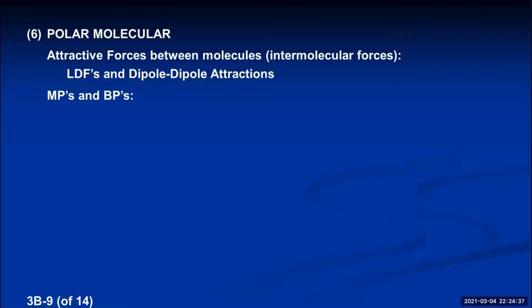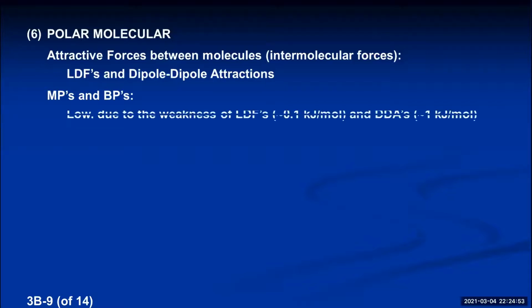Now, London dispersion forces are really, really weak, and dipole-dipole attractions are weak as well. So that means polar molecules are only attracted by weak forces. Therefore, it should be really easy to melt and boil them. You only need a little bit of energy. So that means their melting points and boiling points would be expected to be low. Once again, it's because the London dispersion forces are really weak, about 0.1 kilojoules per mole. And the dipole-dipole attractions are actually weak as well, but they're a little stronger than LDFs. They're about 1 kilojoule per mole. That's still 1/400th as strong as a covalent bond. So we still consider that a weak attractive force. Okay.